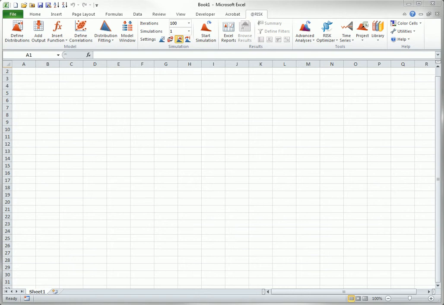The project tool in At-Risk allows you to analyze your project schedules for risk. This is done by linking the simulation capabilities of At-Risk with the scheduling capabilities of Microsoft Project. Using the project tool, you can answer questions such as, what is my expected project completion date? Or, what is the probability of finishing more than 3 months late? You can also determine the critical factors that affect the risk of a project so that you can plan mitigation